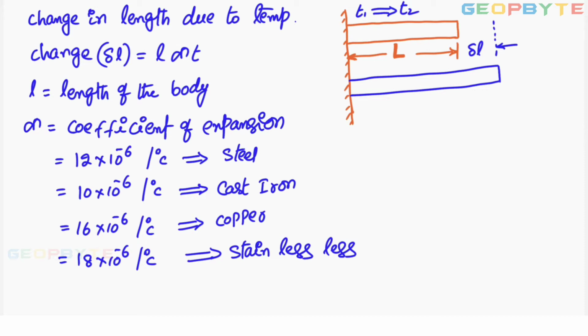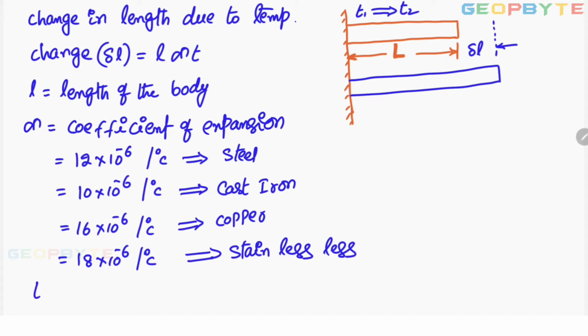The coefficient of linear expansion can be defined like this. The amount of increase in length due to change in temperature through 1 degree centigrade or 1 Kelvin is the coefficient of linear expansion. That means whatever the extension or contraction taking place in the body for unit degree centigrade temperature change is called coefficient of linear expansion.